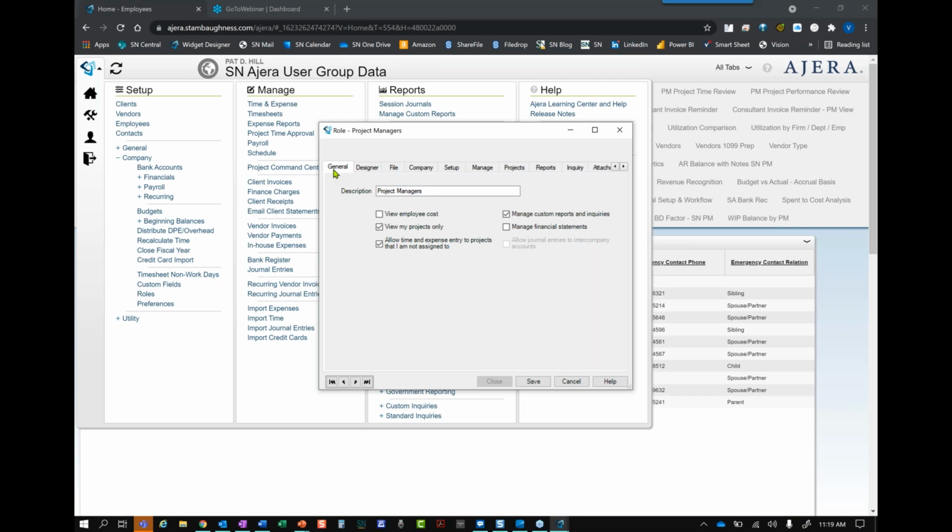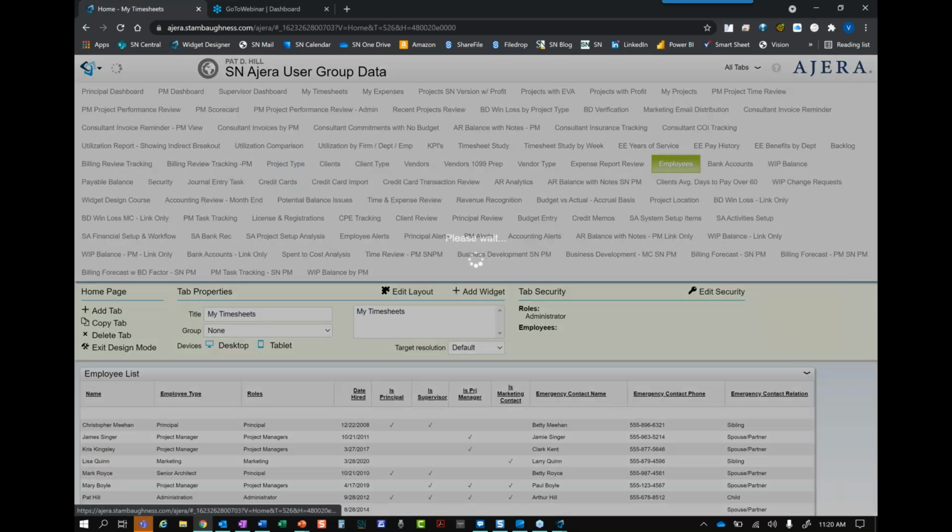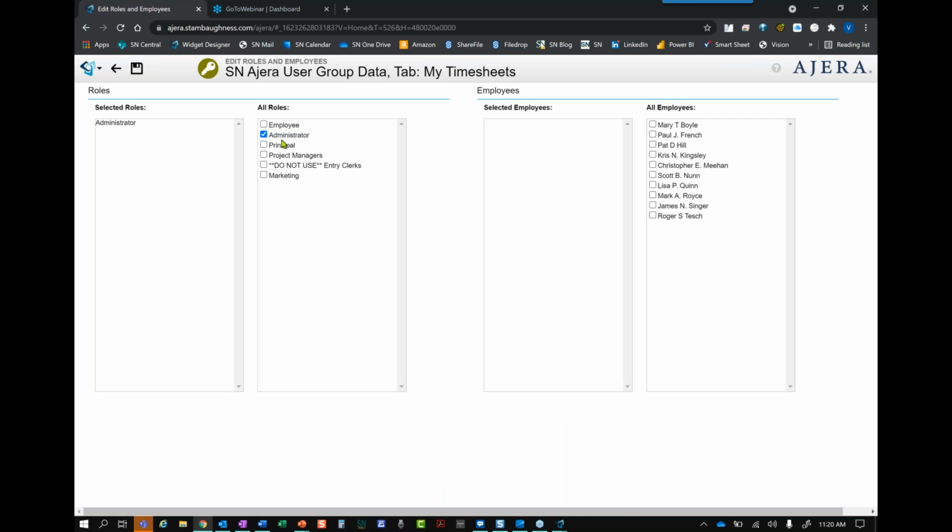One specifically I wanted to address here with the group related to assigning employee roles. Because we had mentioned we recommend only having one role, but the question is, what if there's a dashboard that only is assigned to the employee role and we want to give that to someone else? So in that case, you would go to that tab and then assign it to the project manager role as well, so that both the project manager and the employee roles can see it. That way you don't have to have the employee role listed on that person's profile. So you would just give it to every role that you would want to see that.